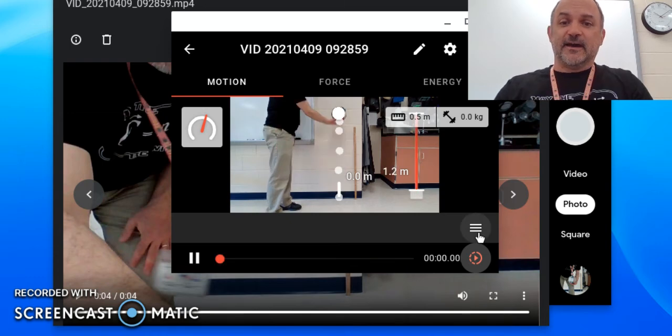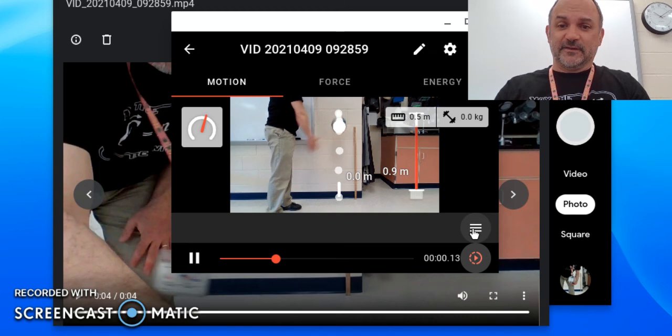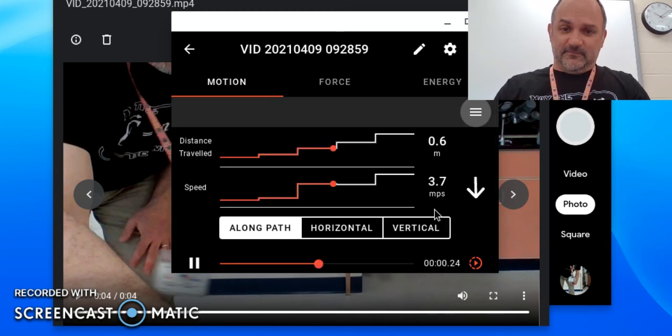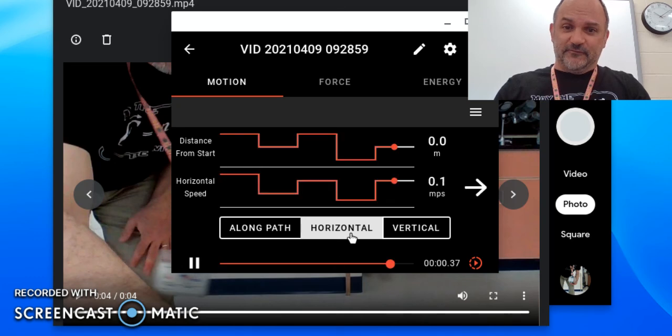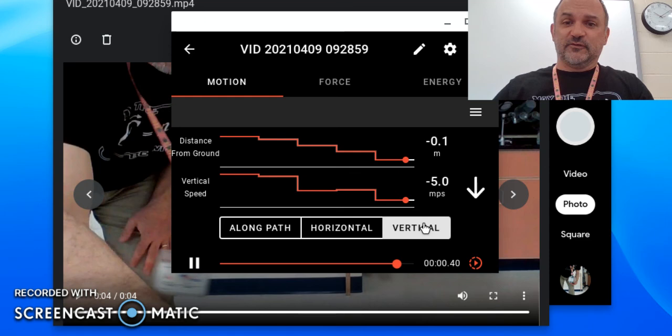Also, if I click on this little 3 lines thing here, Playground Physics did graphs for me. Okay, it tells me how far this went and how fast it was going horizontally. It tells me how far this went and how fast this is going